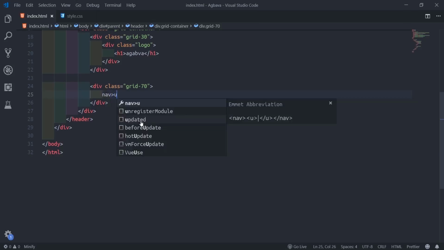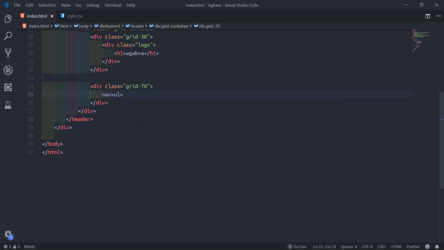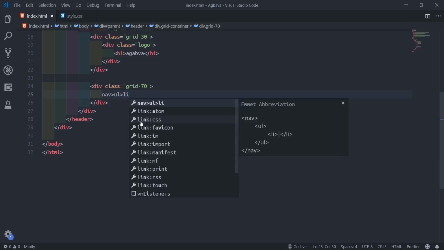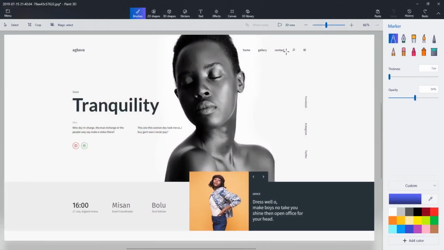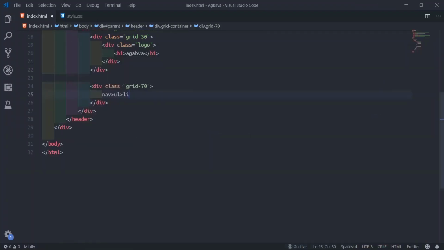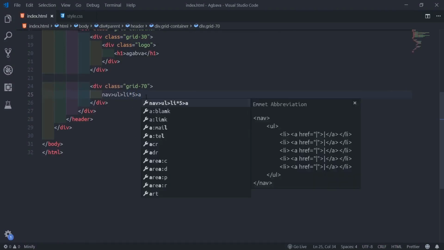Inside the nav now, and mind you, I like to use Emmet and I already taught it before, so I'll put the link in the description of this video for you to see the Emmet tutorial. So how many list items do we have? If you count, I'll get 1, 2, 3, then 4, 5. So what I'll do is say times 5, then each of them will get an anchor tag inside like this.